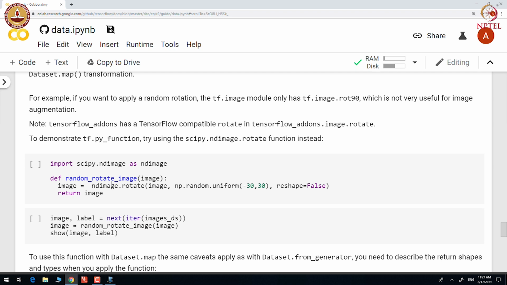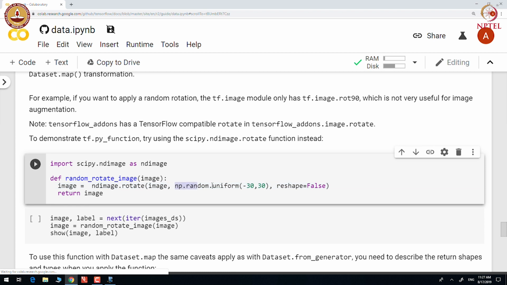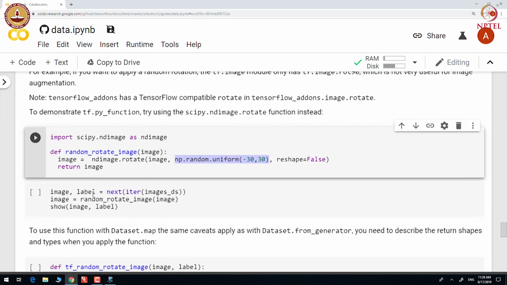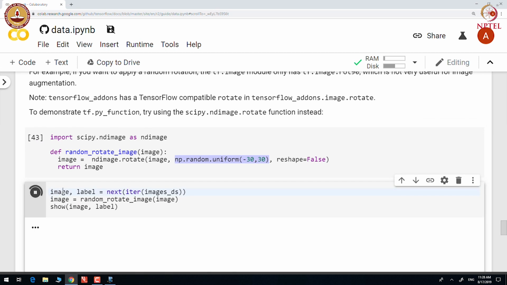The image is rotated using the rotate function, where we provide the image and the angle to rotate, which is decided randomly through a uniform distribution, any angle between -30 to 30, and it returns the image. Let us apply it on the first image and see the result.